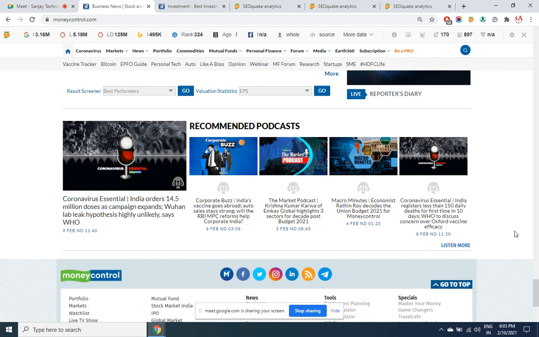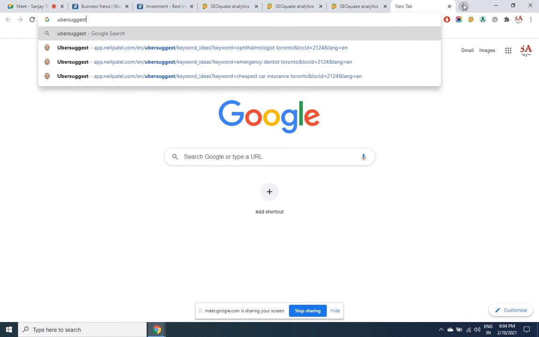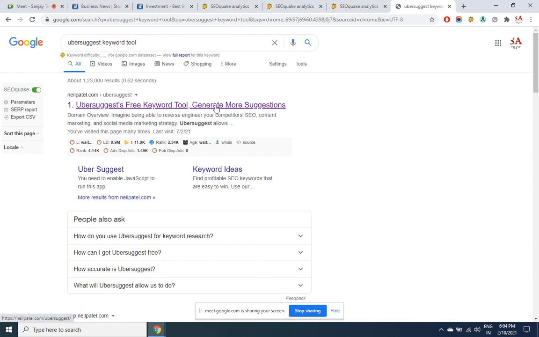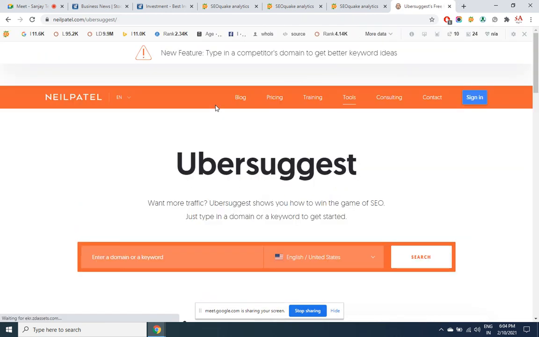So here, after the keyword is shortlisted, firstly all the points that we have discussed in keyword research we need to be checking. Second thing, you'll be seeing for the top 10 results what is the age and what are the backlinks they have got. Third thing you'll be checking is the Ubersuggest tool. If you want, you can note down this point. Ubersuggest keyword tool. This tool will tell you if your page is in the first rank, how many people are going to visit your website for that keyword. Second rank, third rank, fourth rank. It will also tell you how difficult it would be to perform in the first position, third position, fourth position.